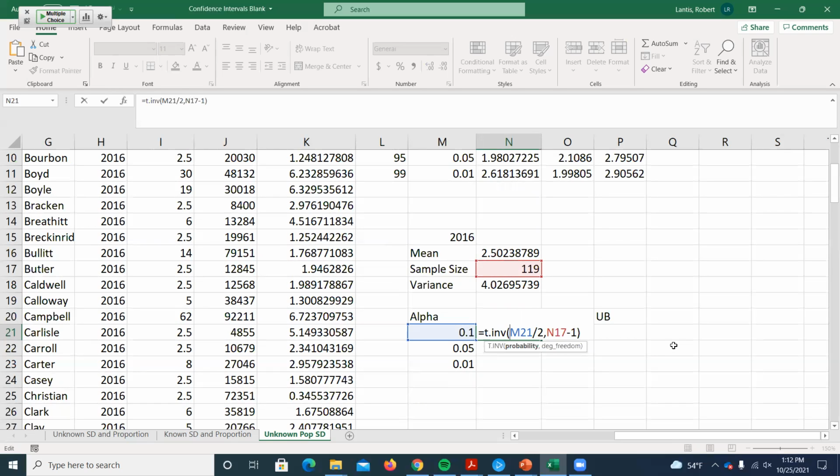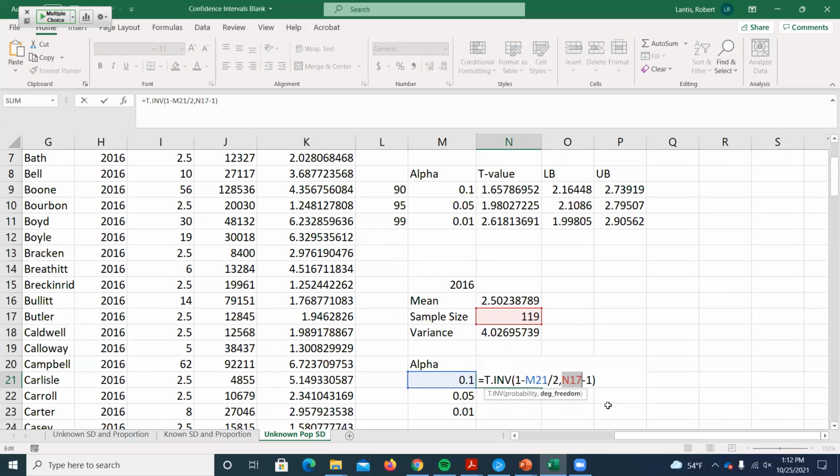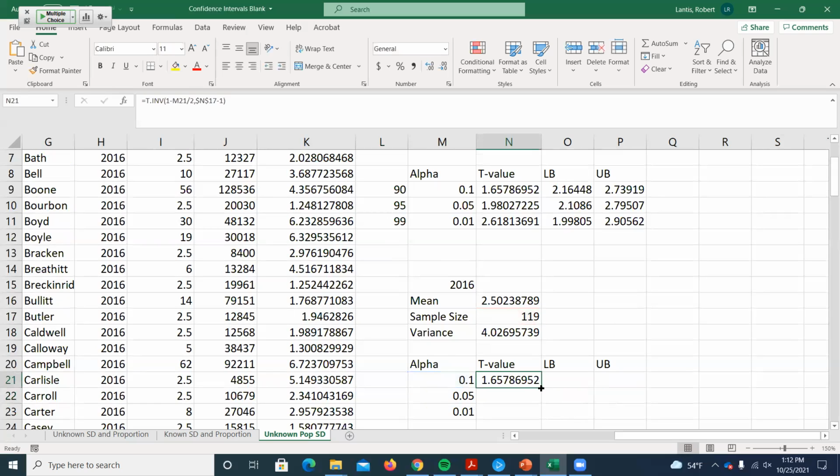Now, another way we said instead of using the absolute value is, if I want the positive value, I could just look at the right side of the distribution, right? Which would mean if I want alpha over 2 in the right tail, what area would I have to tell Excel? Well, I have to tell it the left, so 1 minus alpha over 2. So hopefully if I do it this way, if what I told you last week was true, we get the exact same t-value here, right? And then I think I need to freeze my sample size cell reference, copy this down, get the exact same